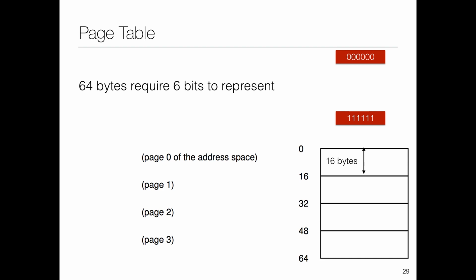Now, how many bits do you require to find out the page number? 2, because we have got 4 pages. As we've been seeing thus far, the last 4 bits tell us where in 0 to 16 you are. So where exactly are you in this page? What's the offset into the page? The first 2 bits tell us which page you are in. We keep on using a similar set of techniques for all of the methodologies that we've seen thus far.